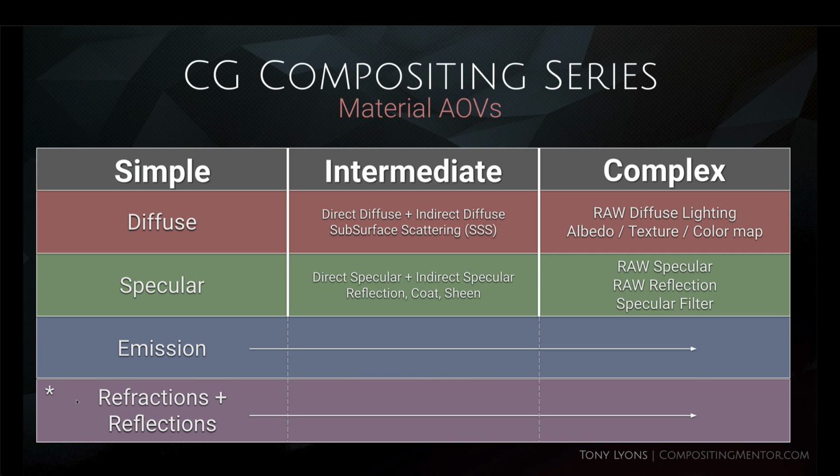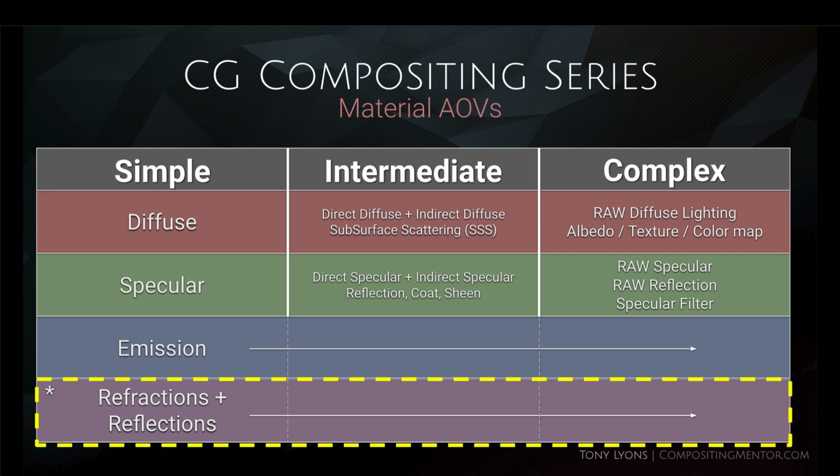And I'm going to be honest, I've been putting this off for a long time because it's a bit confusing and hard to explain and wrap your head around. But there is an initial problem that we have when we're dealing with refractions and reflections. Basically, refraction and reflection passes contain all of the other passes in them. Basically, it refracts or reflects the beauty render. In other words, objects in the refraction or reflection passes look like the beauty render and cannot be broken down into these further steps, at least not out of the box or by default,